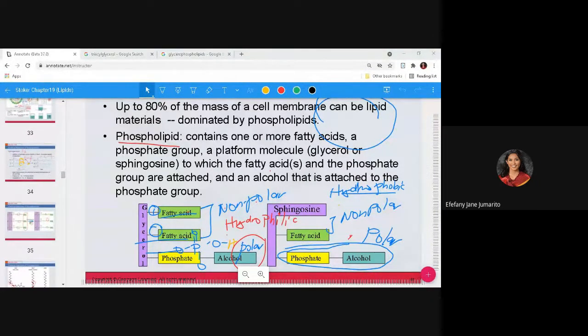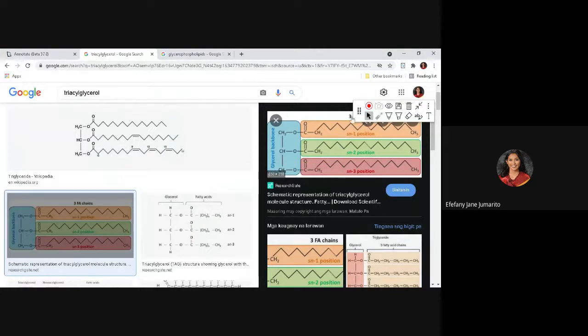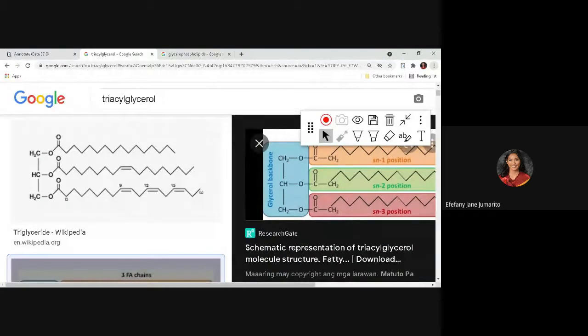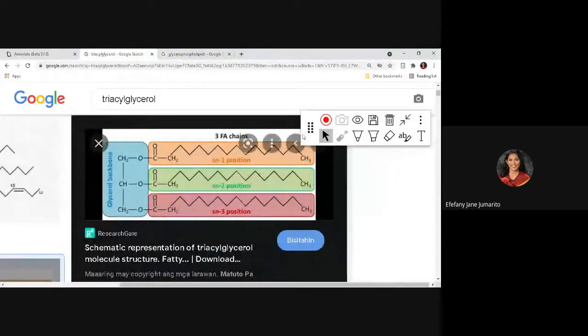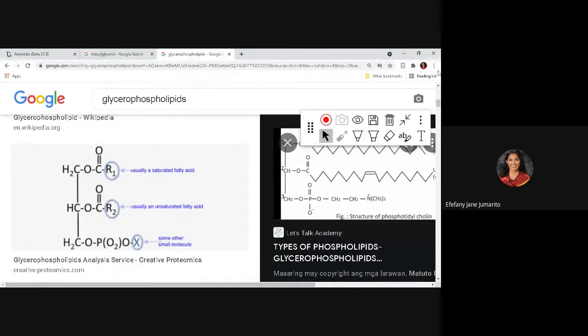Who else? Rina. Okay. So we have that one, correct, from the word itself, tri. So it means triglycerols or triacylglycerols contain three fatty acids. This one, okay, it contains three fatty acids, whereas your